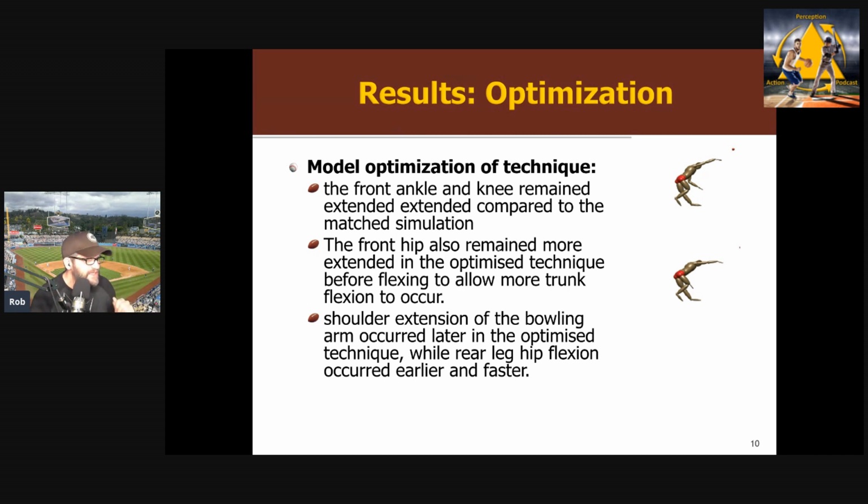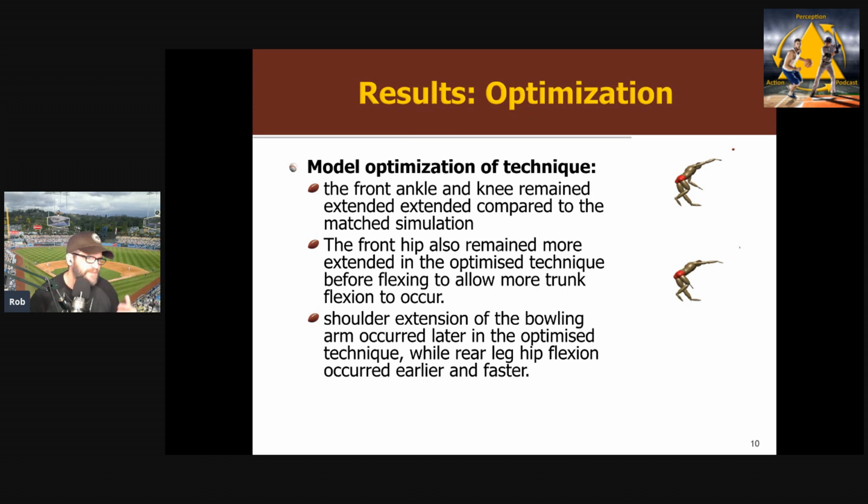In particular, these things: keeping extension longer, keeping the hip more extended, right? Occurring the shoulder extension later. Okay, so these little small adjustments, right? And in that picture, the top one is the actual delivery. The bottom one is the optimized delivery. And you can see, for example, there are very subtle changes, of course, right? And the biggest difference you can see is with their non-throwing hand, right? Is clearly in a different position when the ball is released because of those things mentioned, the later shoulder rotation,